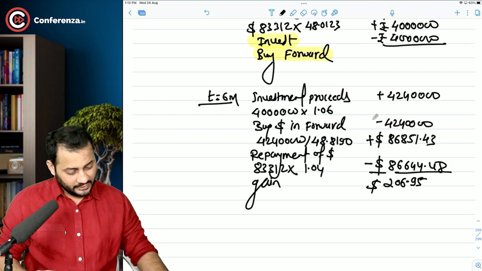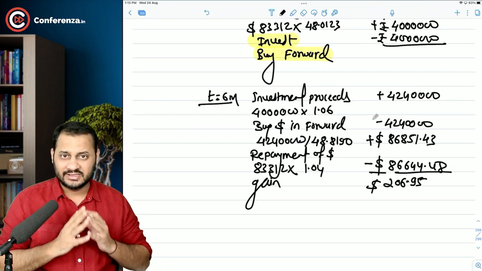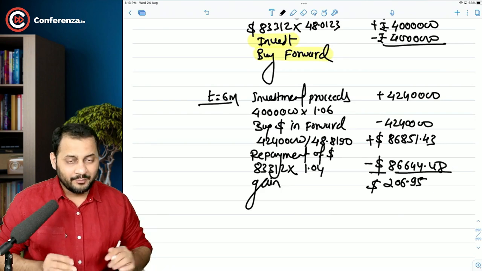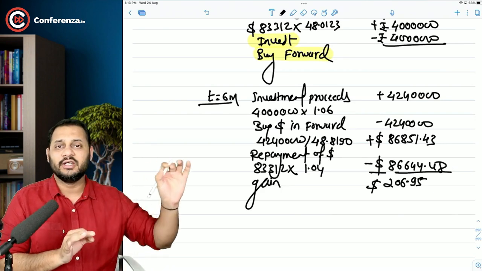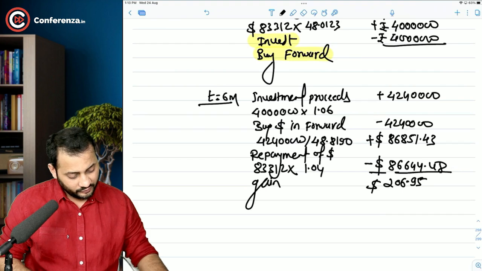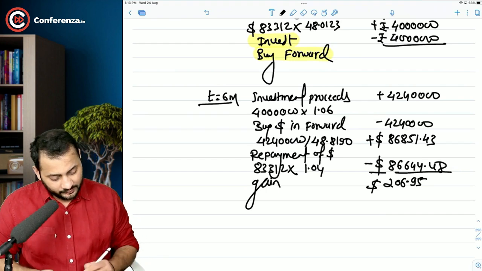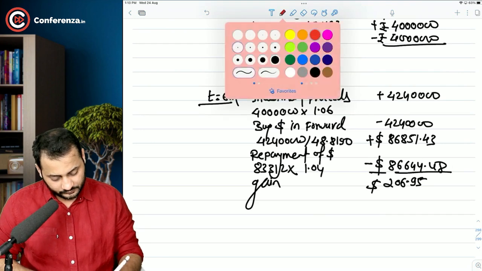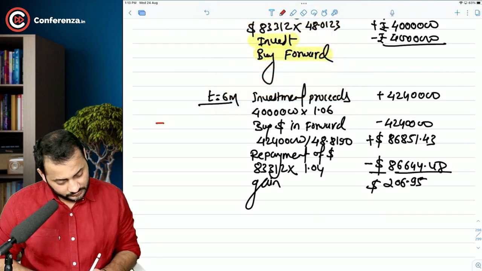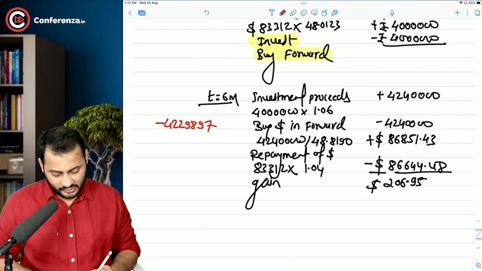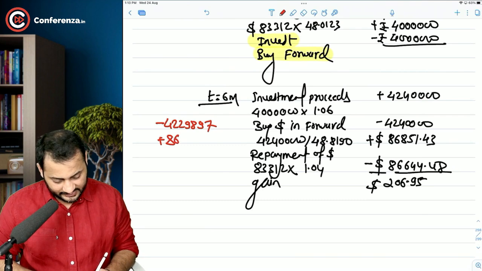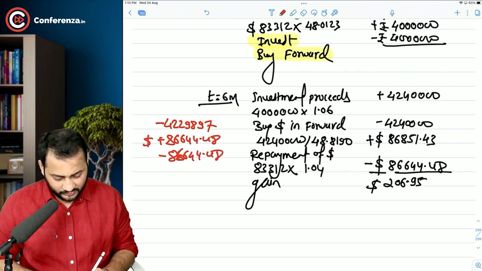So I will just show you. 86,644.48 dollars are required to make the repayment. I'm going to buy this much of the dollars only in the forward contract. So that will be 48.8190, and for that purpose, I will only have to pay 42,298.97. Right? So what will happen here? It will be 86,644.48 minus 86,644.48. So the dollar will be received, the dollar will be paid off, and I will be left with 42